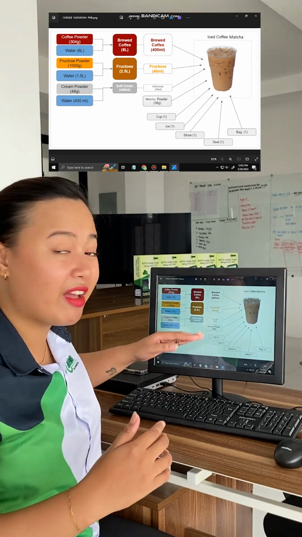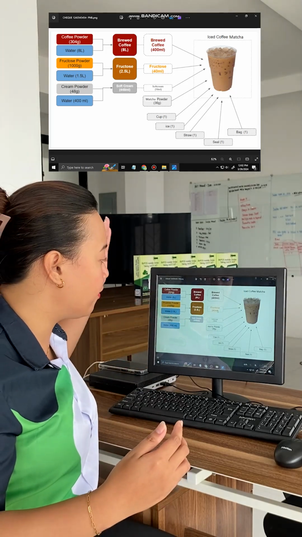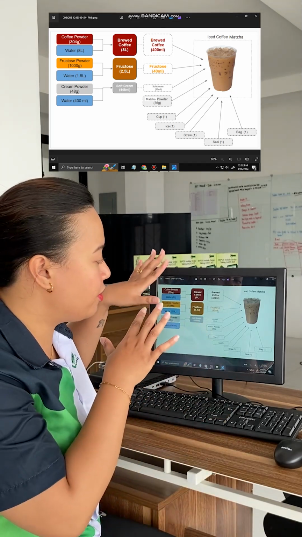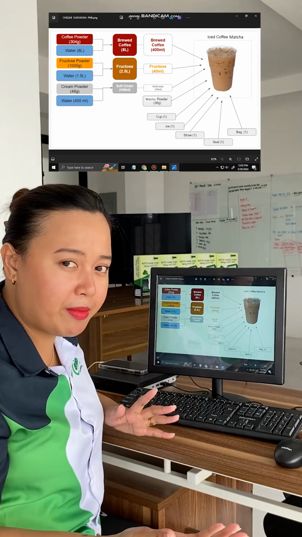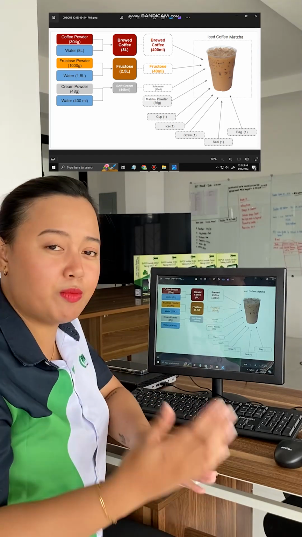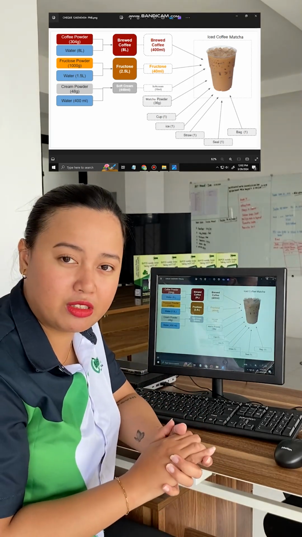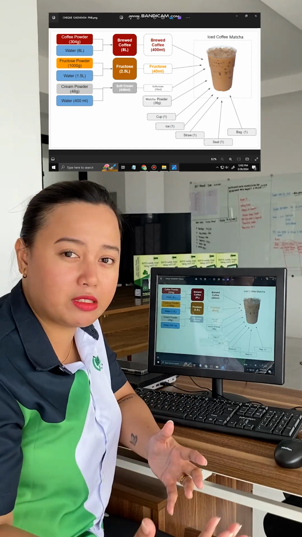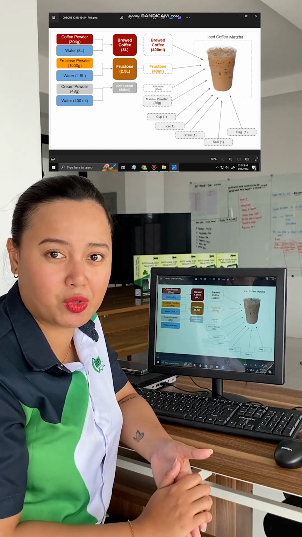So I have a 3 tier level here, where it will deduct on the first tier from coffee powder to the brewed coffee, to the brewed coffee per ml, tutti fructus, and many more until the packaging material. This is very good and efficient if you want to keep track of every process that you have inside your store.